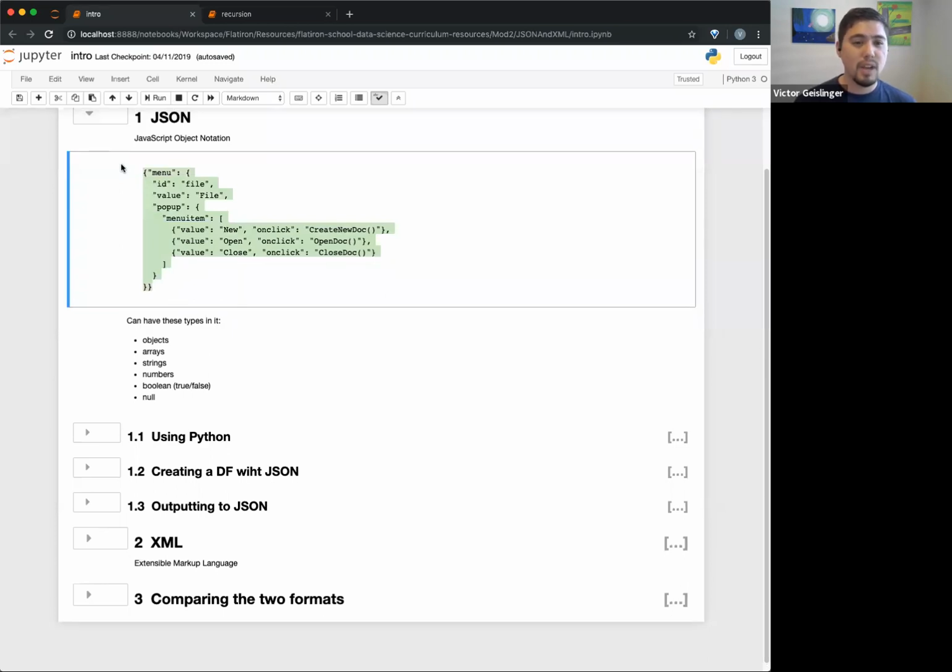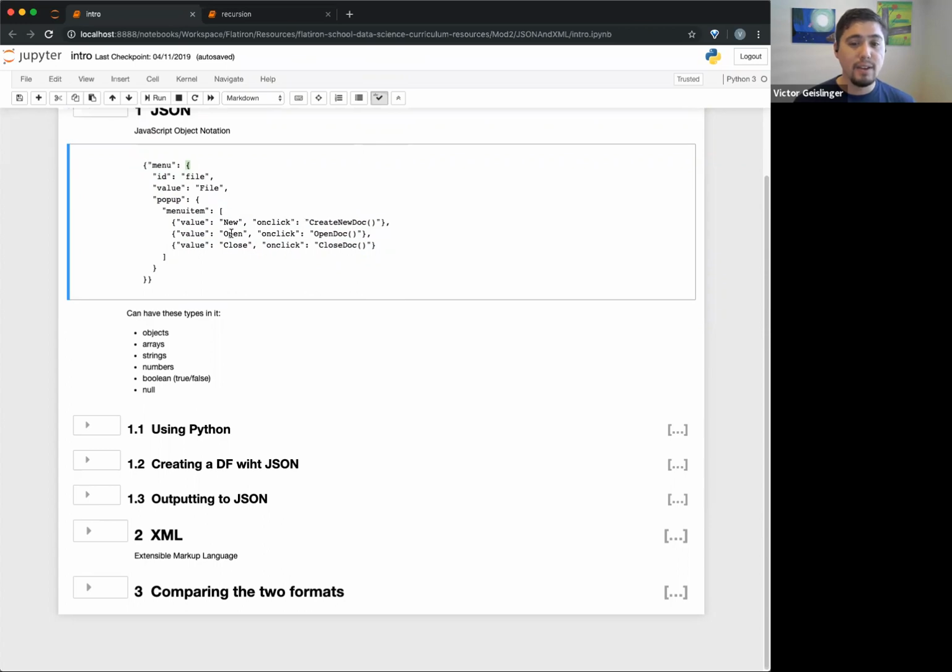It turns out the reason why it's called JavaScript Object Notation is because it comes from JavaScript. It's also "object" because, with these curly braces, you can define objects, basically classes, in JavaScript. So that's where that terminology comes from. And like I said, what this curly brace really should be called is an object,